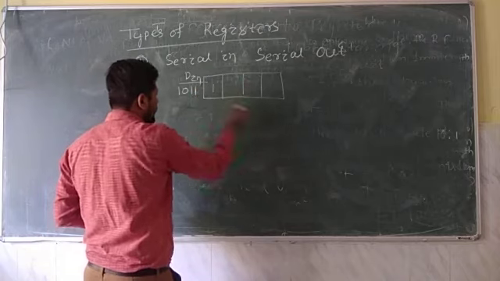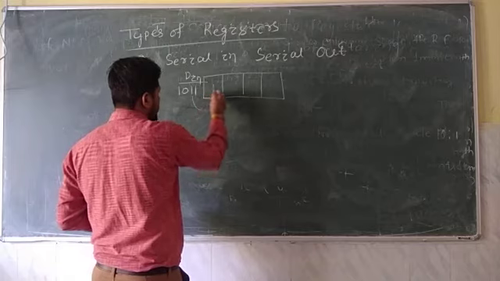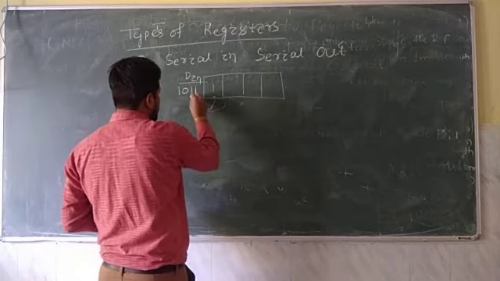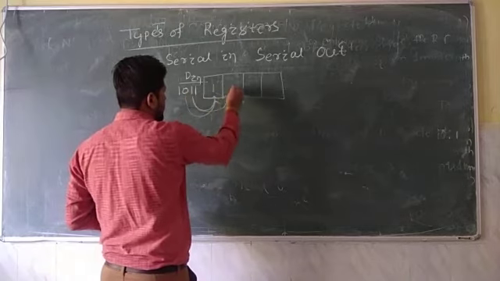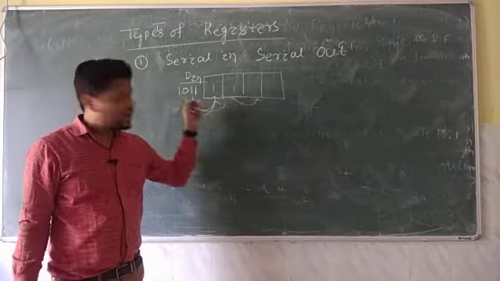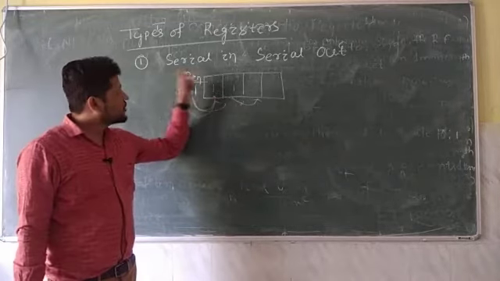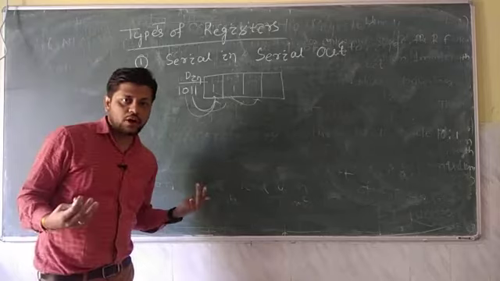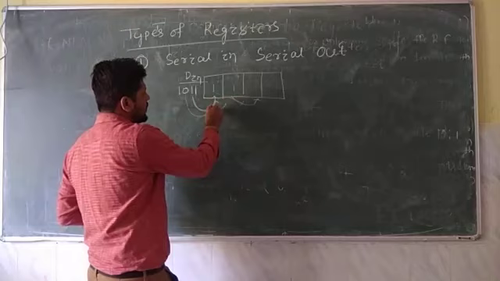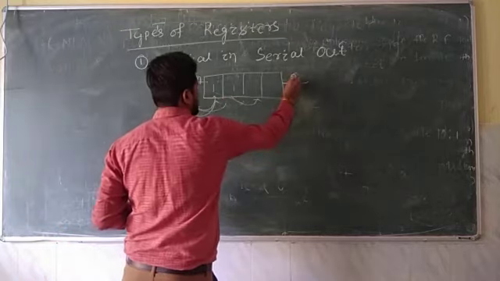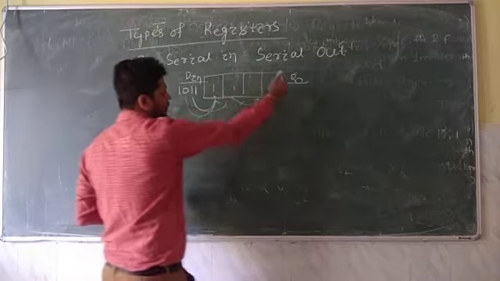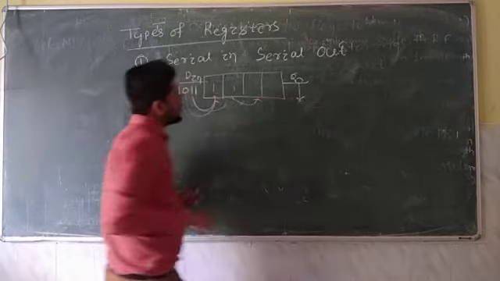Then after the next clock pulse, this one is shifted to here and the next one is entering here, and then in the next clock pulse this 0 will enter here and the 1 will again be shifted. So bit by bit you are entering your data, that is known as serial in, and you are also getting the output serially. This is your serial in, and you get the output here at Q0. One by one you are entering the data and one by one you are getting it from here.